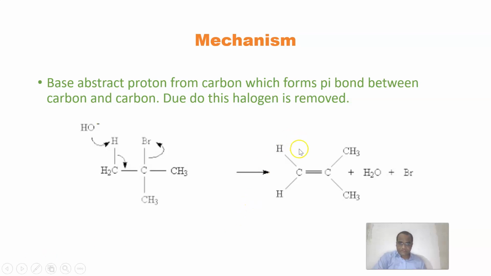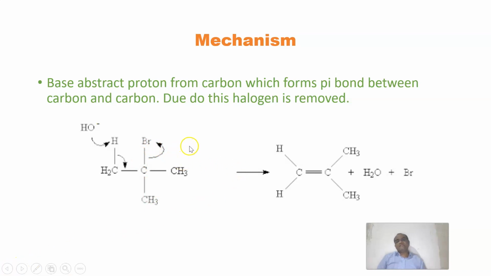After that, you can see over here that it forms a pi bond after abstraction of a hydrogen, right? Once the pi bond is formed, this Br simultaneously leaves, and now it forms an alkene. The alkene plus water molecule is given in the end step, and plus this Br. Br has a negative charge. I told you already that this arrow indicates electron flow. It is not indicated over here, but bromine will have a negative charge, right?